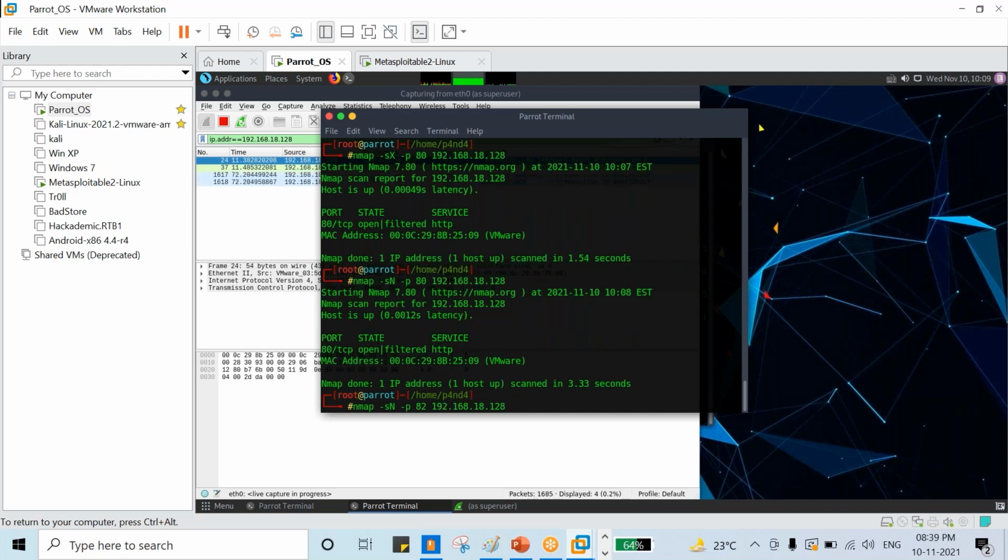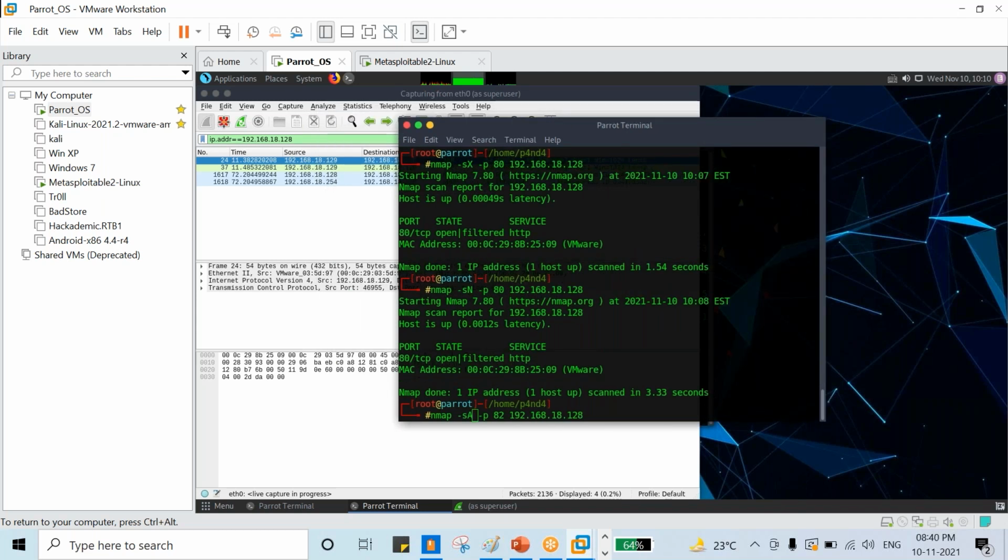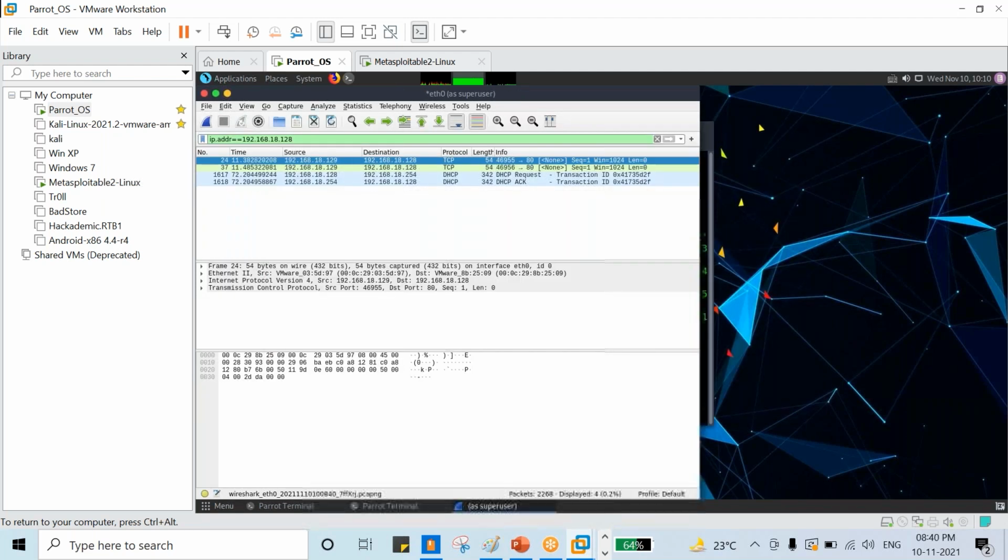If you do any scan, null scan also you can do. We'll start with the first scan, -sA, the ACK scan. In this case, what will happen, right? So I'm just stopping this, and again I'm starting.